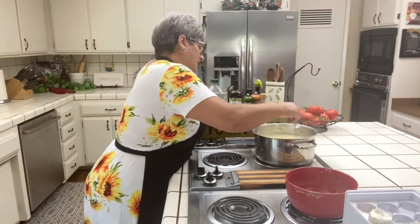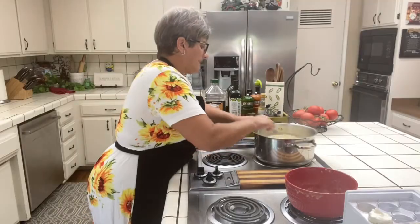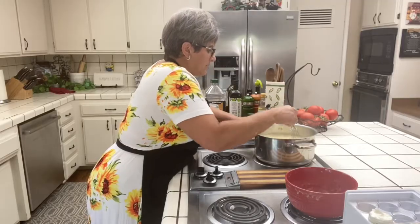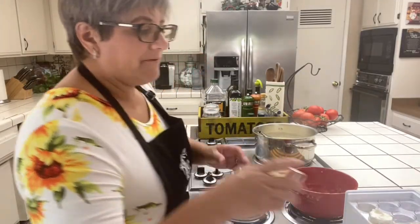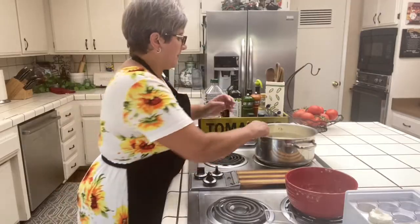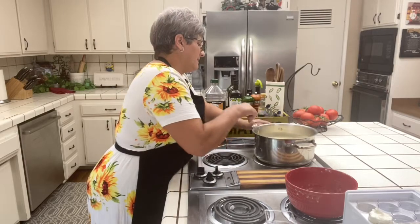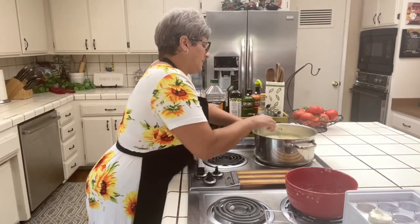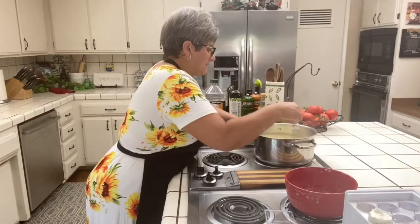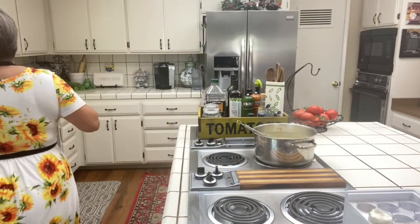There are so many different ways of making queijadas de nata, and I know the proper way is with a puff pastry, but sometimes it's so hard to get that puff pastry. I have here 2 tablespoons of butter that I want to add to the cream. It's going to give a little shine to the cream, and it gives a little butter flavor. It's really good. So you mix this till that butter melts, and then I'm going to strain the